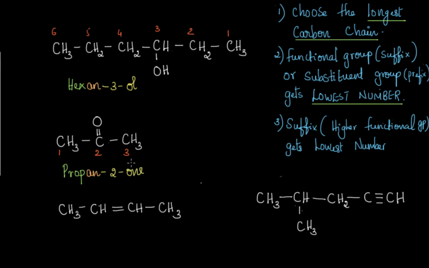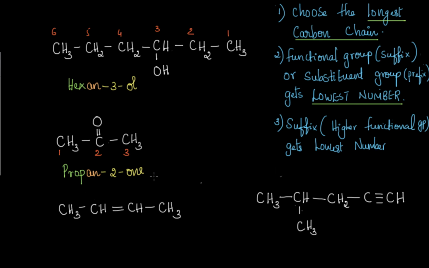One is the suffix of ketone. Oh, okay. We have alkenes and alkynes coming into the picture now. So let's name them using the same rule. Here we have to give importance to the double bond, since alkenes are also a functional group. If there are no secondary suffixes present, then we can give importance to the primary suffix. So here the primary suffix is alkene, double bond.